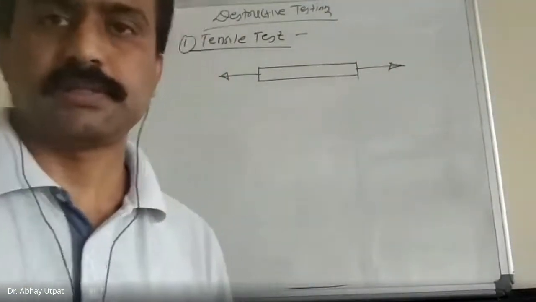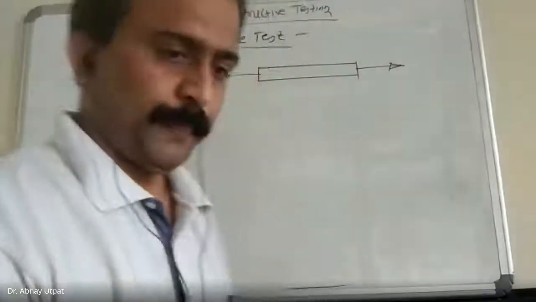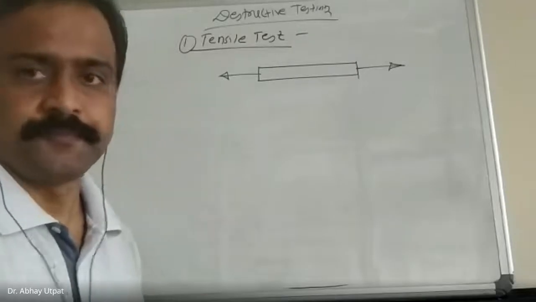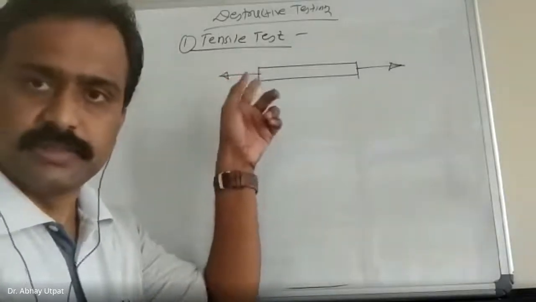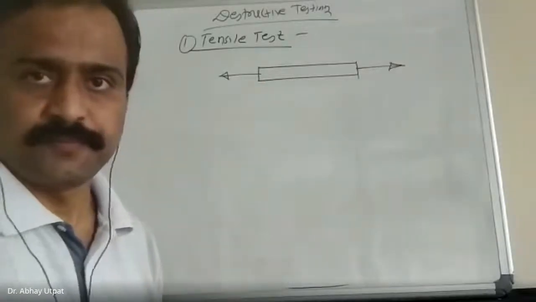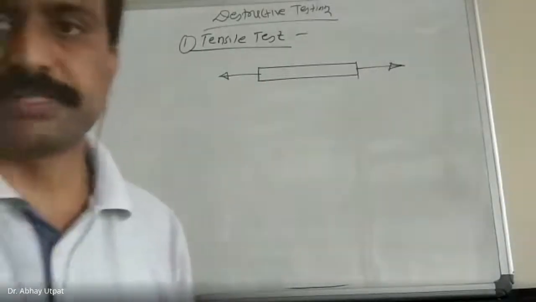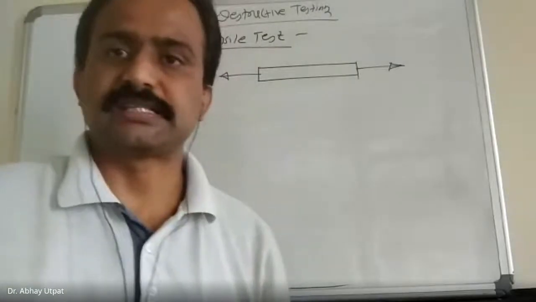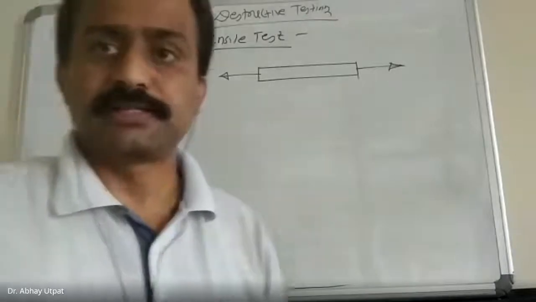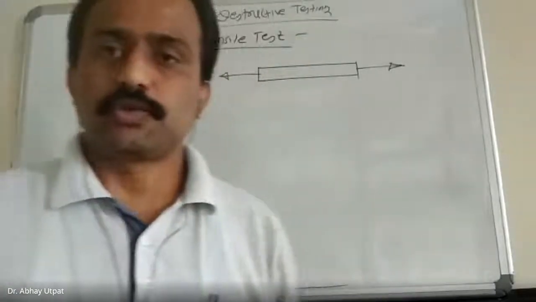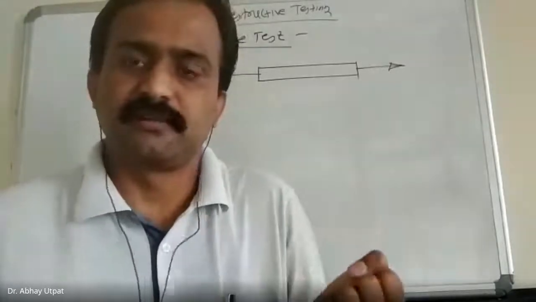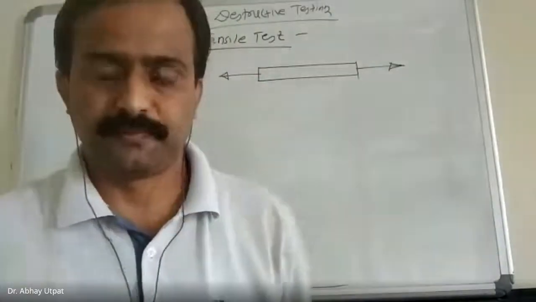In the previous class, we started the destructive testing and non-destructive testing chapter, out of which destructive testing, the tensile test part. So tensile testing means what? Last time I asked you the question, what is the difference between stress and strength? Stress is the value, actually force per unit area, and strength is the property. How much maximum stress a material can sustain decides its strength.